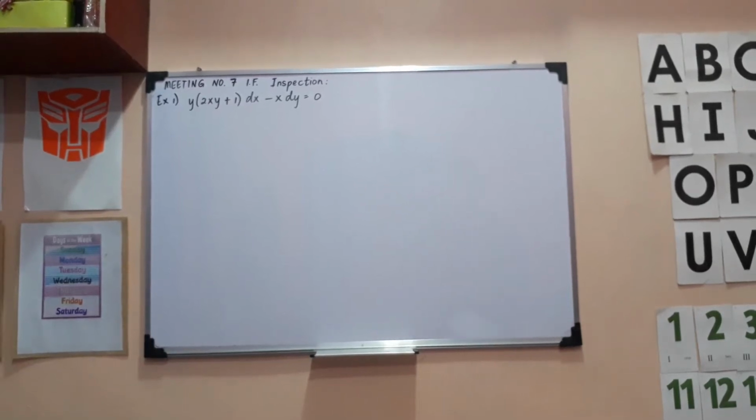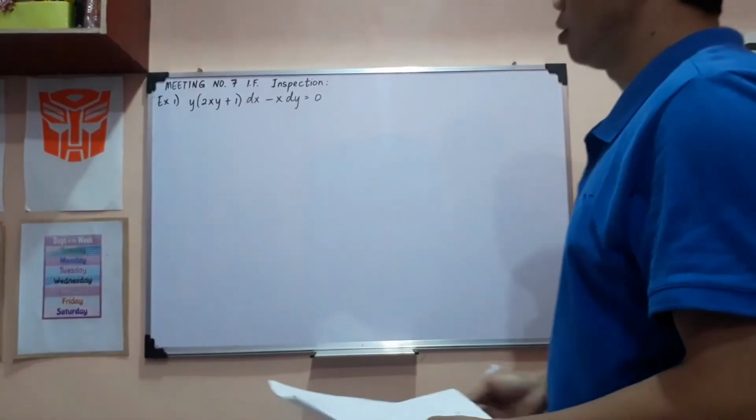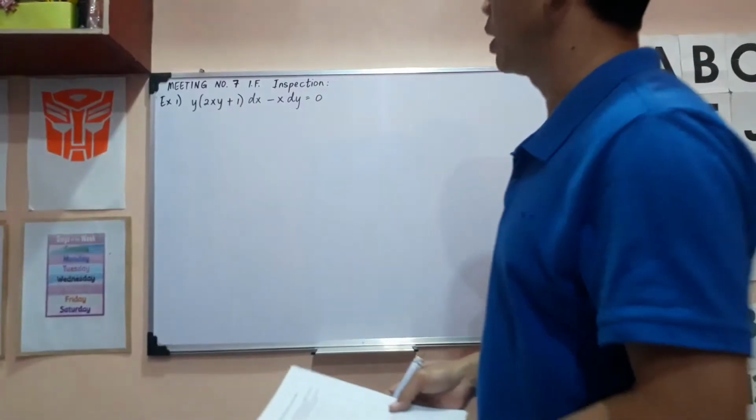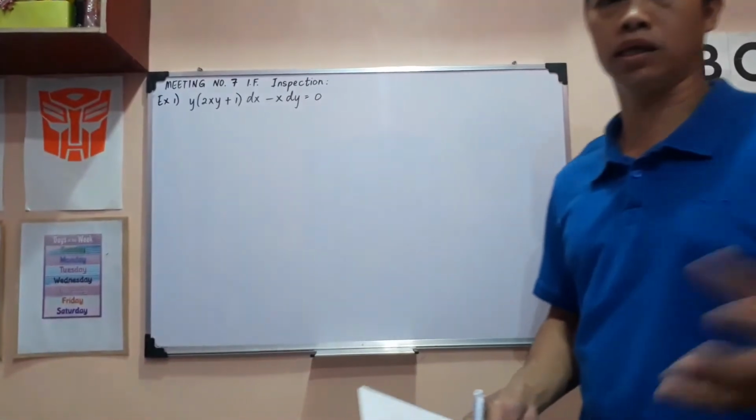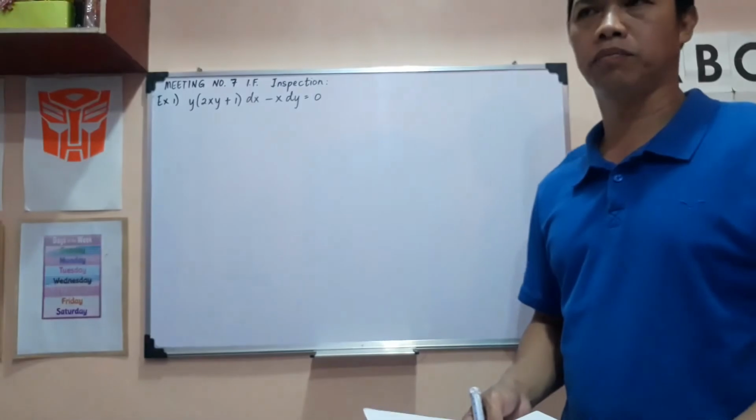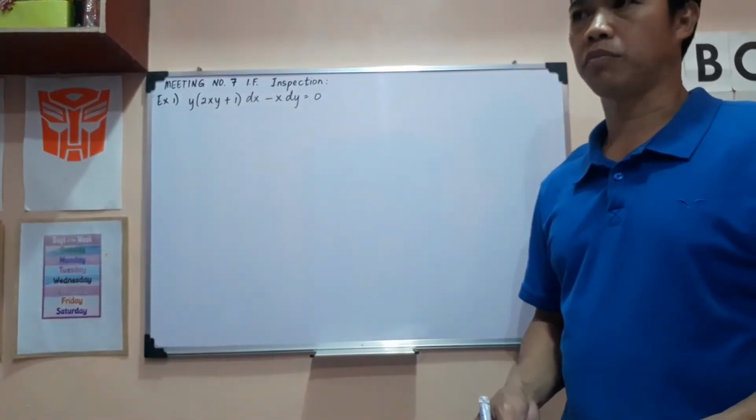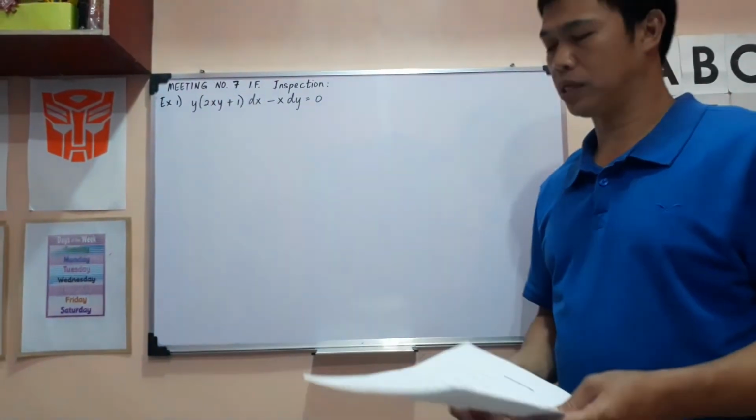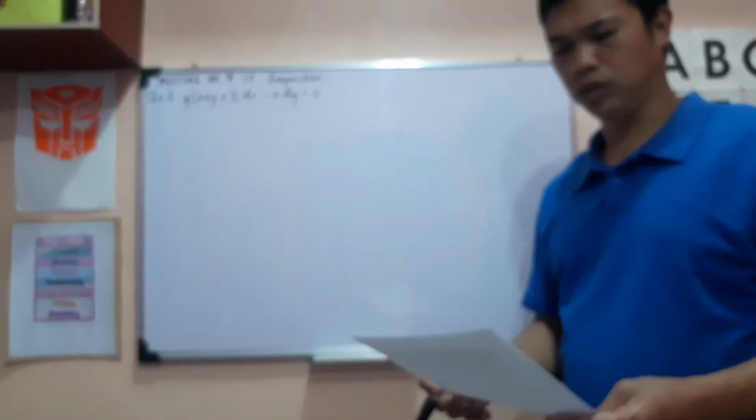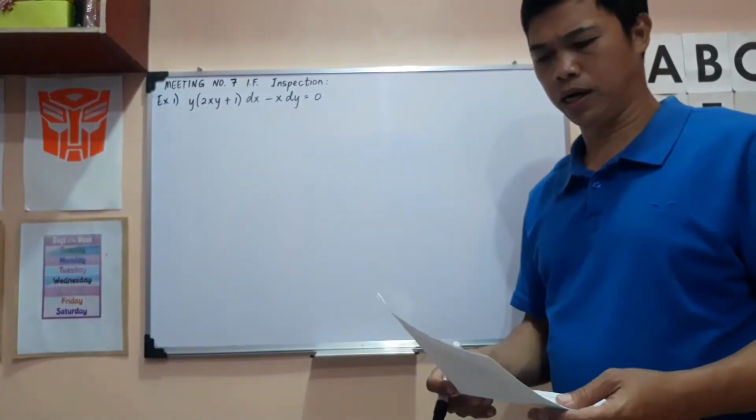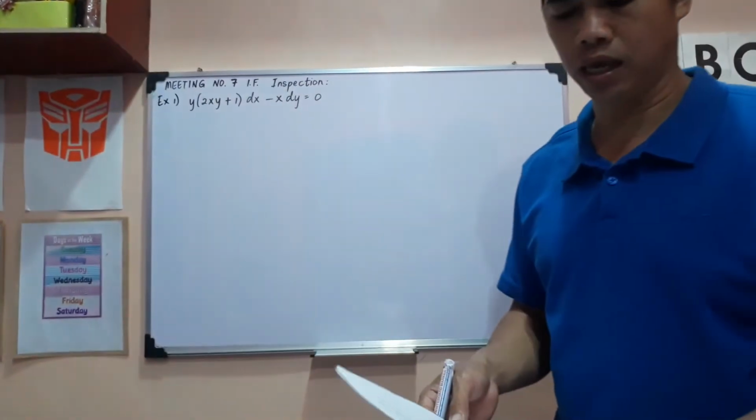Meeting number 7. Our topic for today is integrating factor by inspection. This is our second topic under integrating factor. The first topic is exact, and this one is by inspection. By inspection, if the DE in terms of M(x,y) dx and N(x,y) dy is equal